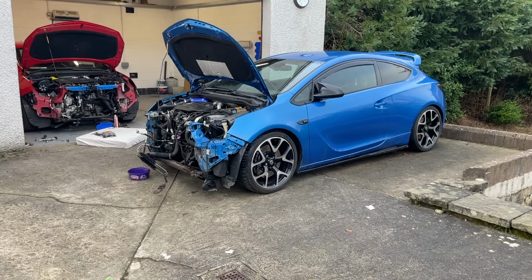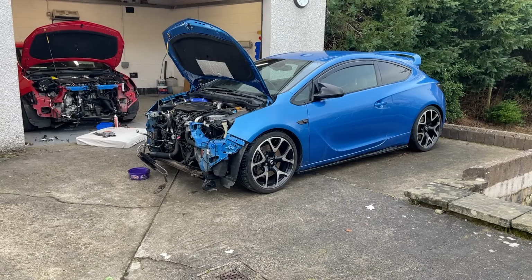So hopefully that should go a long way to explaining the reason why I'm breaking this car. I know a lot of you guys, like I say, were kind of annoyed at me for breaking what looked like a perfectly good car, and I understand that, I really do. But this is not a perfectly good VXR with 40,000 miles on it. It is really, really rough. Probably one of the roughest cars I've seen in quite a long time, actually. And would take literally hundreds of hours of my time to repair. And at the end of the day,